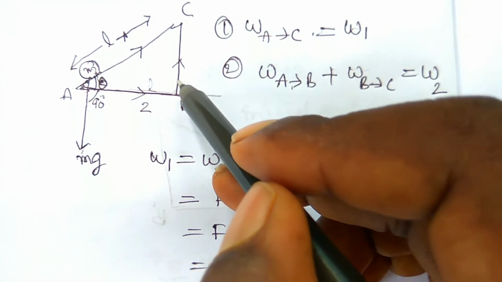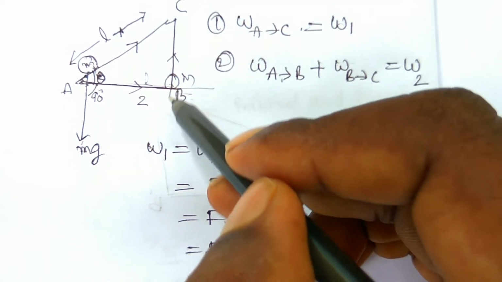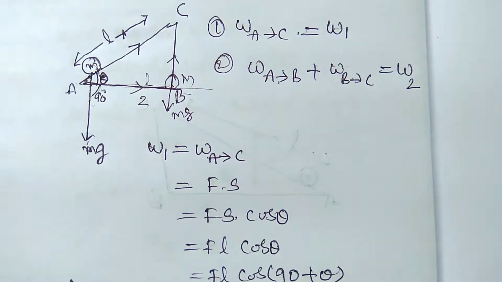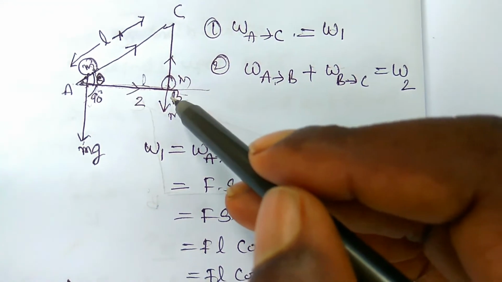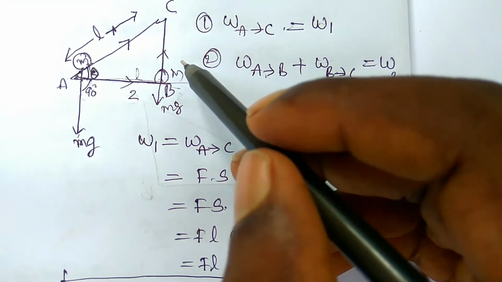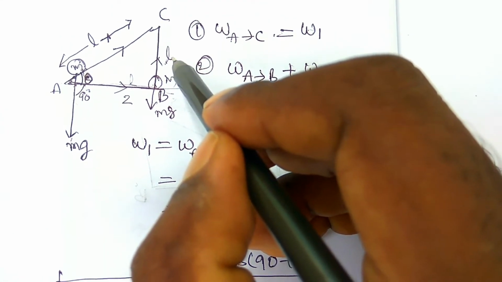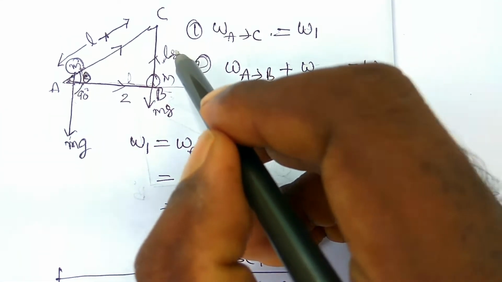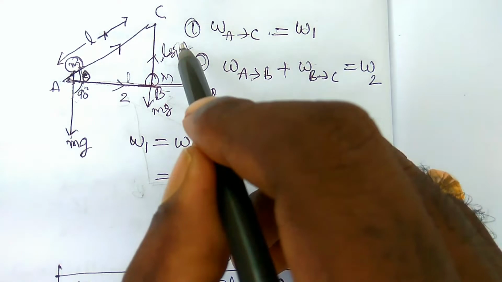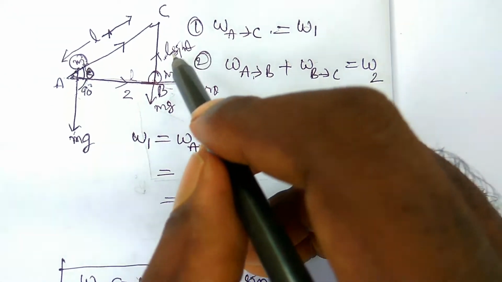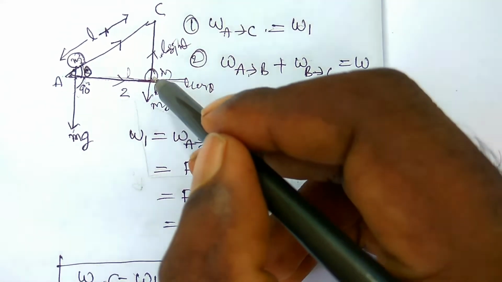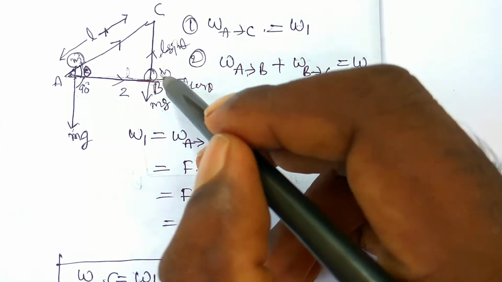Here we need to look at BC. There is an object of mass M, with its weight acting downwards, right? What is the angle here? The angle is nothing but 180 degrees, right? We can take this as the vertical, so that is L sin theta. This is the horizontal, L cos theta. Mg acts downwards, so gravitational force acts downwards, and we have to move the object upward.